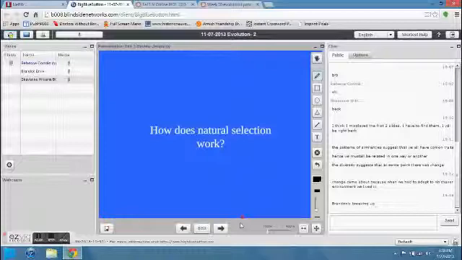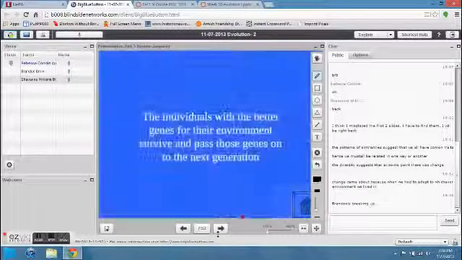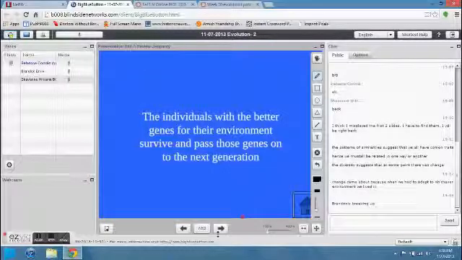Yeah, that made perfect sense. So the better genes we have, the greater our chance for survival, right? And those who do survive are able to pass those good genes on to the next generation. They're able to have children who also have good genes and are more likely to survive. And the example of that in the book, or in the slides,